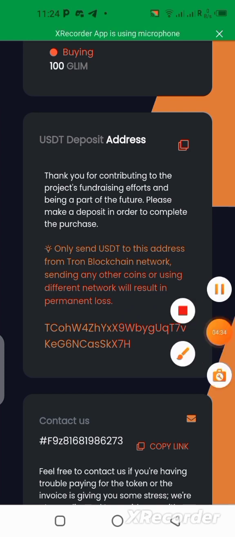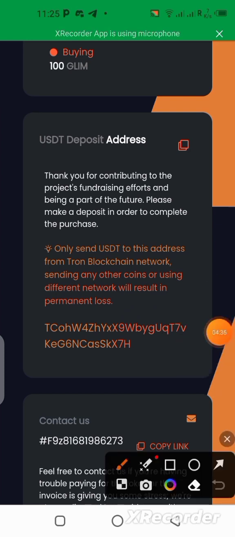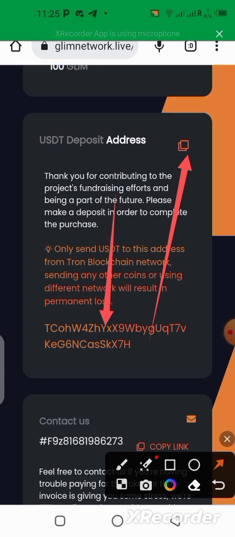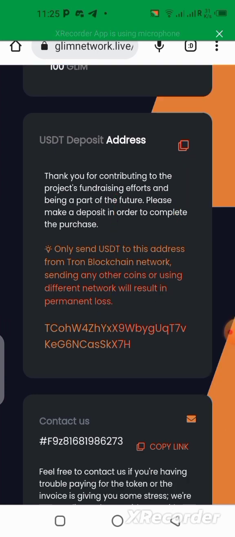This is where I will send my payment to. All you need to do is, once you come here, you just click on this copy button. It's going to copy automatically. It's going to copy this address for you, which you can go ahead and paste in your wallet. Once you paste it in your wallet, you will be able to send